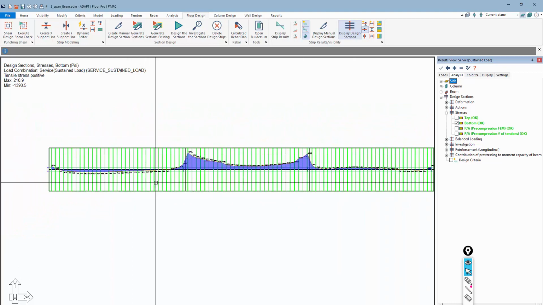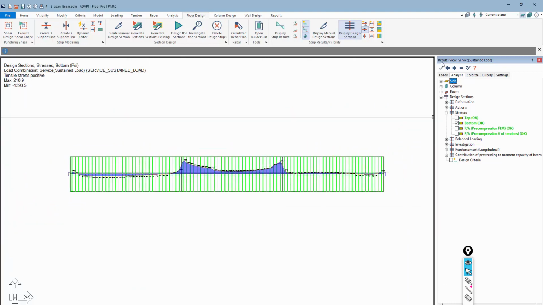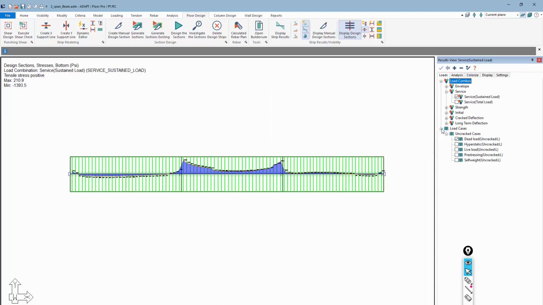So nothing is cracked. We have enough PT in here where the beams are almost fully pre-compressed. That's why we're not really seeing any crack deflection results for this member. But you can still check it by setting up the combinations as was done there. So the next thing we'll look at are the,